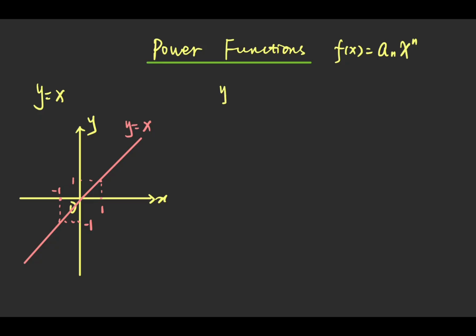Next one, y equals x squared. Here a is 1, n is 2, so we get this function. In the Cartesian plane, it should look like this. You can use several key points to locate this function. Here, 2, 4,